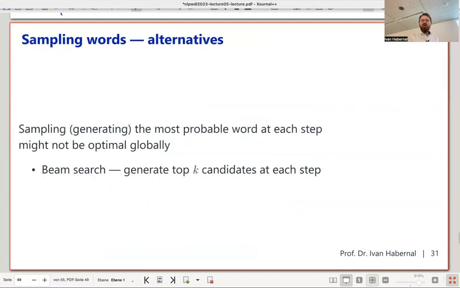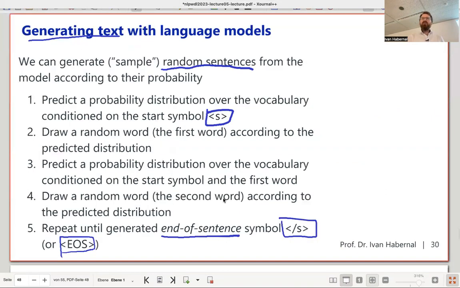So obviously, if you take just the most probable word at each step, globally it's not optimal. So there are other techniques like beam search. We're not going to tackle them right now, but maybe later in transformer models. But generally, you take a word, predict the next word, and just take the most likely one, or the second most likely one, or one of those randomly. And this is how you generate text with language models, because a language model gives you the probability distribution over the vocabulary